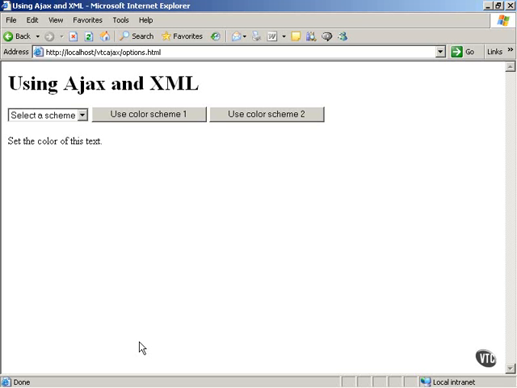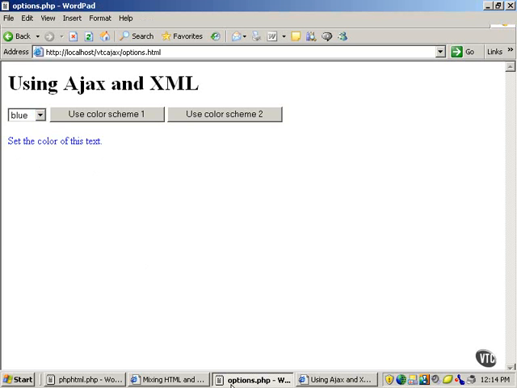We're going to take a look at PHP now for those interested in the topic and interacting with PHP on the server using Ajax, and we've already seen examples of that. For example, this options.html application allows the user to select color schemes, and color scheme 1 is red, green, blue, color scheme 2, black, white, and orange, and you can let the user select from color schemes to color the text. This was all done using XML behind the scenes in a PHP file, options.php, and this is what it